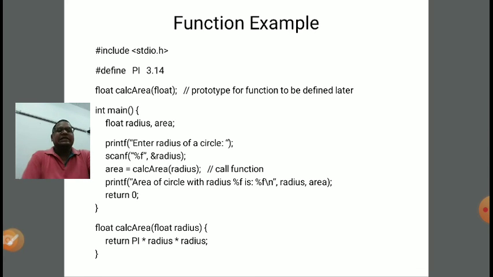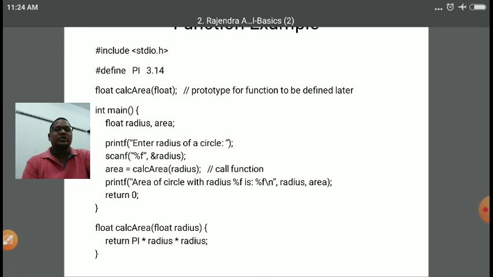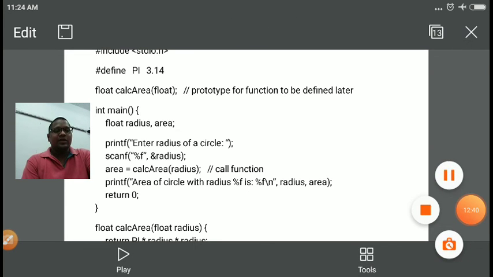Now in the next lecture we will discuss new concepts of C programming, like what the sequence flow logic is, what the selection logic is, what the iteration logic is, various types of looping concepts, and the switch case statement. All these concepts we are going to learn in the upcoming lecture.